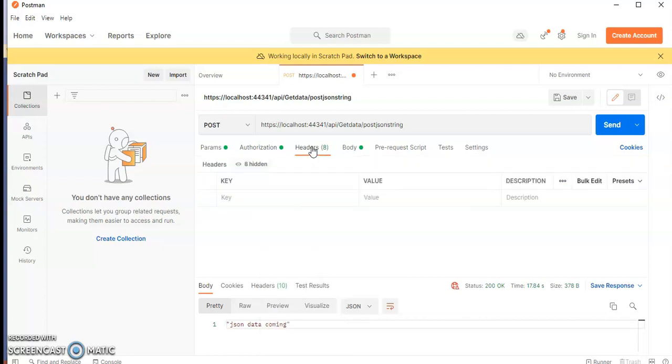Authorization type. And headers, basically you can hide some values in the headers, because if you pass the values in the parameters, they will be visible to the user, or visible in the browser. So most of the time we will avoid passing the data through the query string. Most of the time we will use the headers only. You can pass any keys and values in the headers, access tokens and everything, so it will not come in the query string.